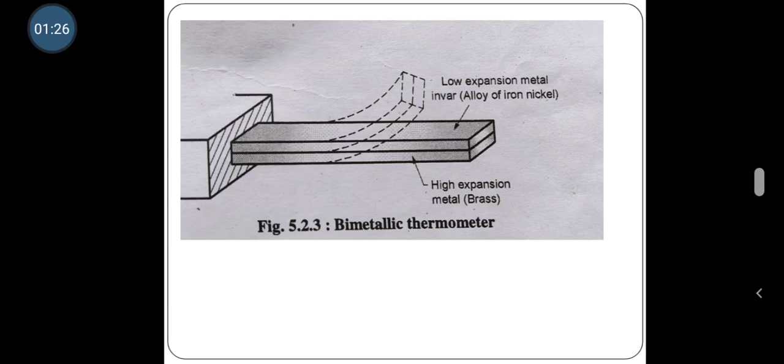This works on the principle of thermal expansion. When the metal is heated and the temperature is increased, there is an expansion of that material. Different materials have different coefficients of expansion. In such a bimetal thermometer, brass and invar strips of the same thickness are welded together and cannot be separated from each other. The coefficient of linear expansion of brass is more than that of invar.